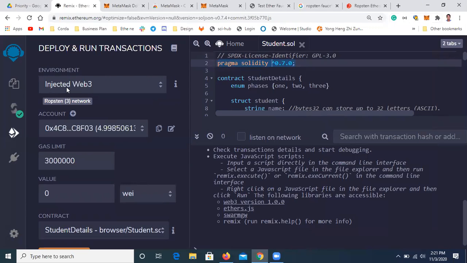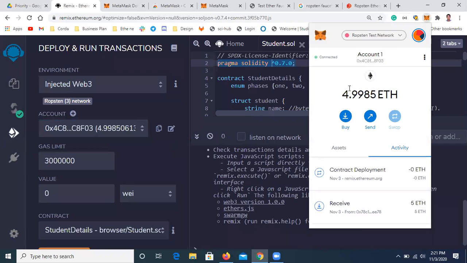So yeah, the injected Web3 is connected, and Remix itself also recognized the connected test network. So we can go ahead and deploy that. Remix also listed the permitted accounts. I didn't have multiple accounts over here, but if you have multiple accounts over here,